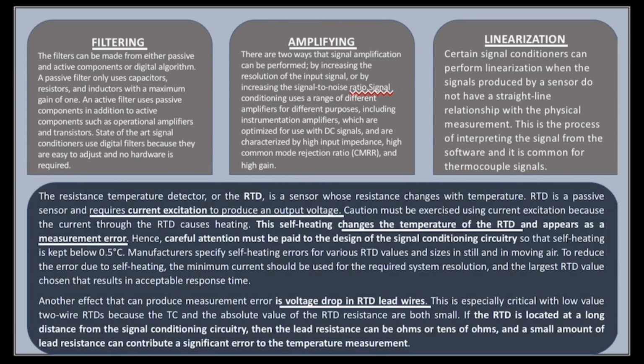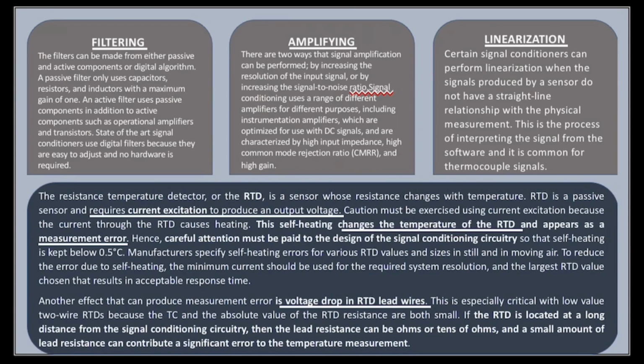While for linearization, certain signal conditioners can perform linearization when the signal produced by a sensor does not have a straight-line relationship with the physical measurement. This is the process of interpreting the signal in the software, and it is common for thermocouple signals. So these are some explanations of common techniques